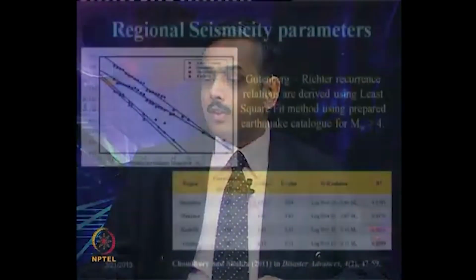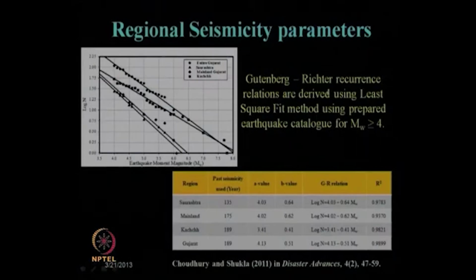So, if we look at this figure again, the Gutenberg-Richter recurrence relations are derived using the least square fit method. The least square fit method is used for the earthquake catalog of Mw greater than or equal to 4. Now, if you see over here the various regions like Saurashtra, mainland Gujarat, Kutch and entire Gujarat,